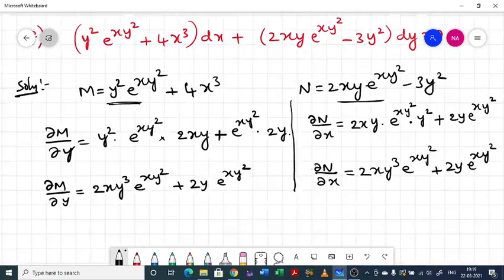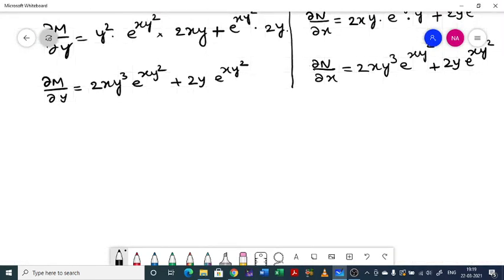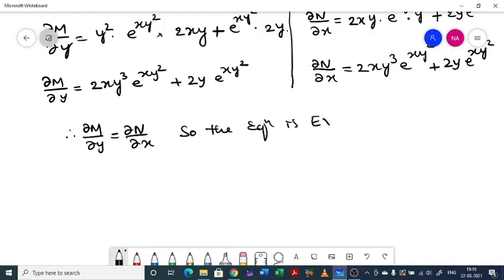So now comparing ∂M/∂y and ∂N/∂x, we can conclude that ∂M/∂y equals ∂N/∂x. So the equation is exact. Hence we can write the solution directly. The solution of the equation is